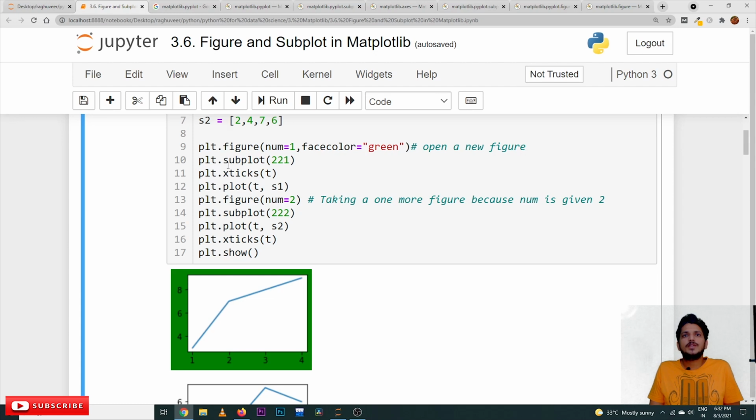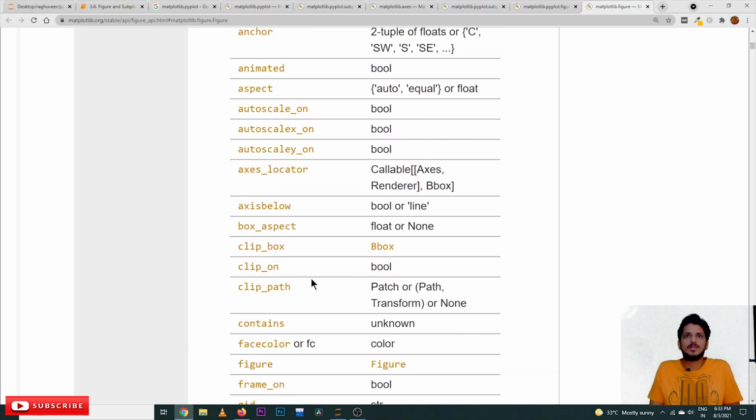Okay, next one is plt dot. In our matplotlib.pyplot, we have a function called subplot. On this figure, if you want to construct a subplot, see, we have constructed a subplot. This is what the subplot means. What is this 2, 2, 1 value? We will understand this in a minute. As of now, we are not discussing it. We have created a subplot. What will this subplot create? It will create an axis. See, x-axis and y-axis have been created. Now let's take a look at this subplot method.